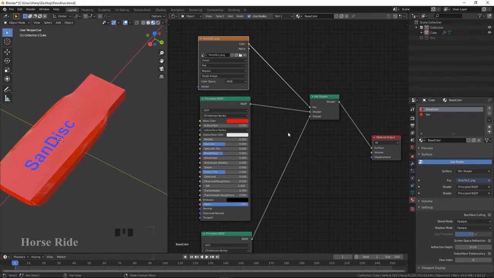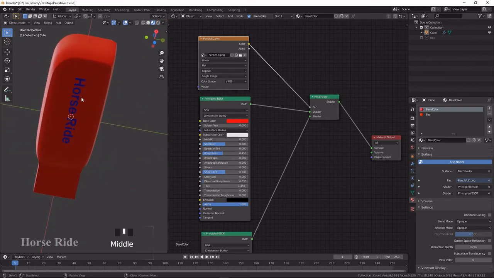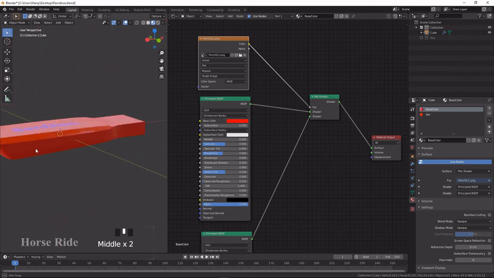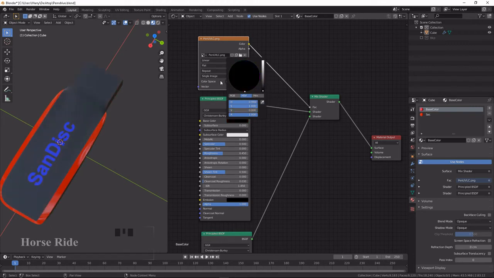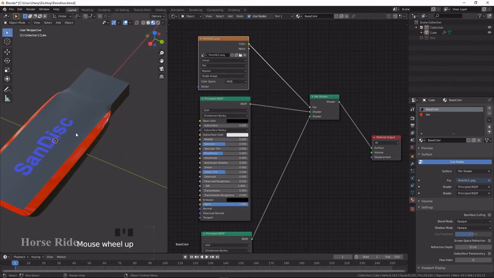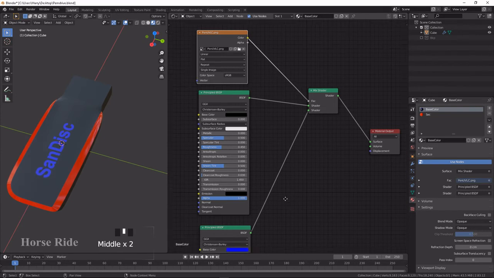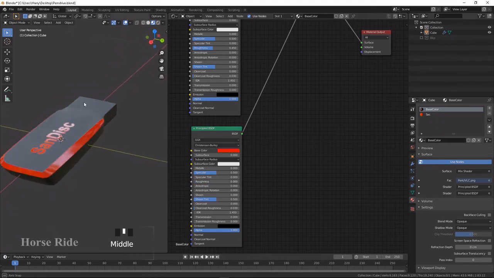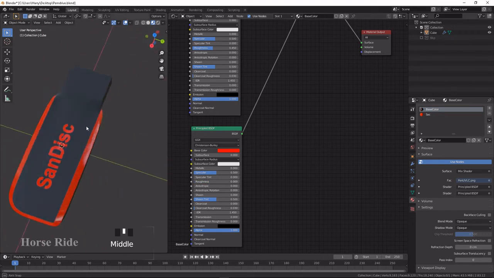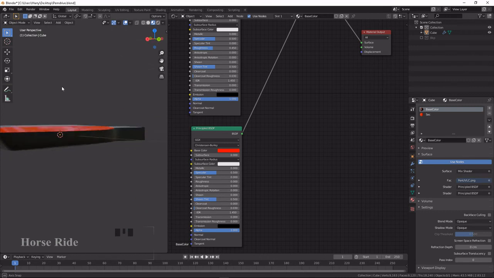So this is the way of texturing and adding textures. You can see it at the bottom also. Both names we have given have appeared. So what I'm going to do is, this base color, which is black, we require as black only. So I'm going to make this black, and this blue color we want as red, and I'm going to give the roughness as 0, and it looks fully shiny. You can see that only that letter is getting shined.